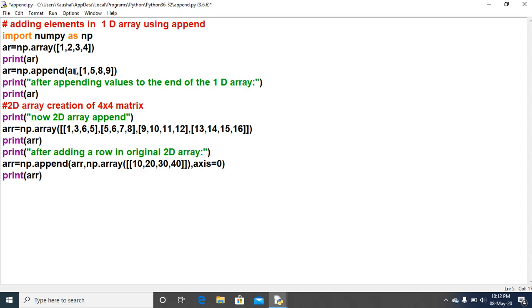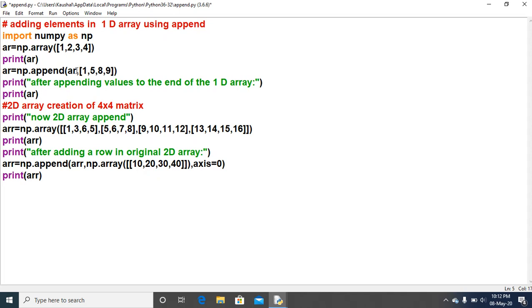So you want to add these elements 1 5 8 9 to the already created array. Suppose you created it for only 4 elements, and later you need 5 more elements, or 6 more, or only 1 element.